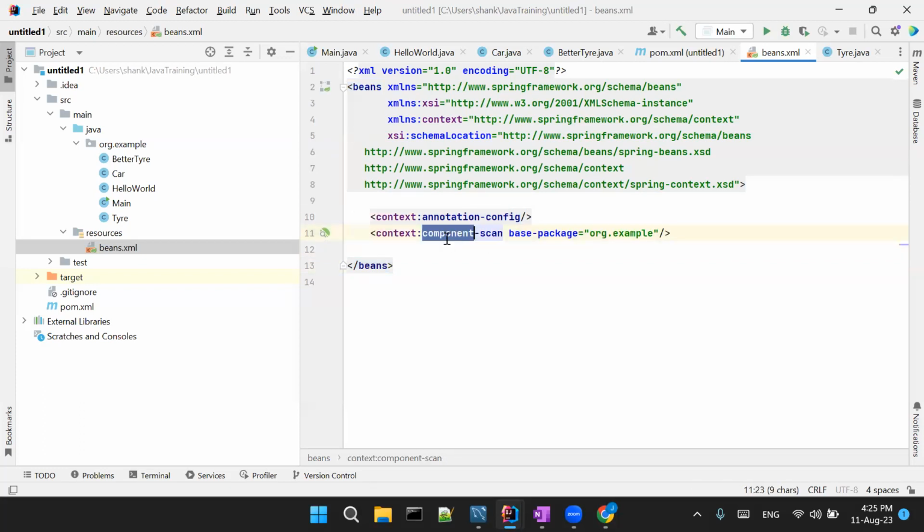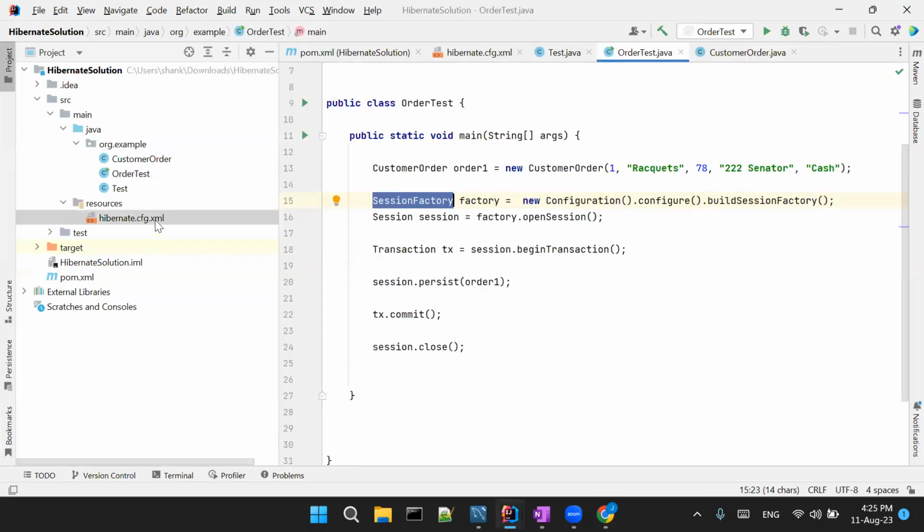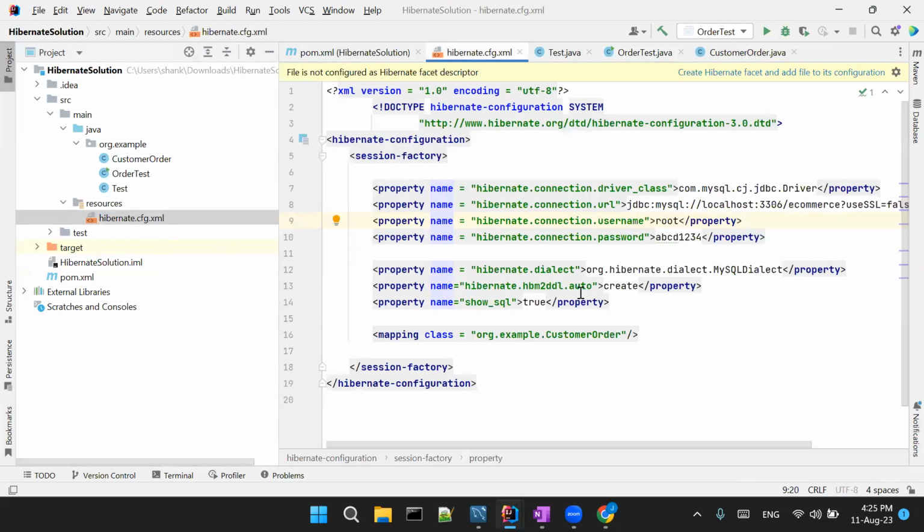So why can't we simply do the component scan automatically? Or why do we need an XML file for this thing? So why do we need XML stuff in the Java? Why can't we simply maintain these properties better? And why do we need this mapping, right? Can't we just go by the annotations,